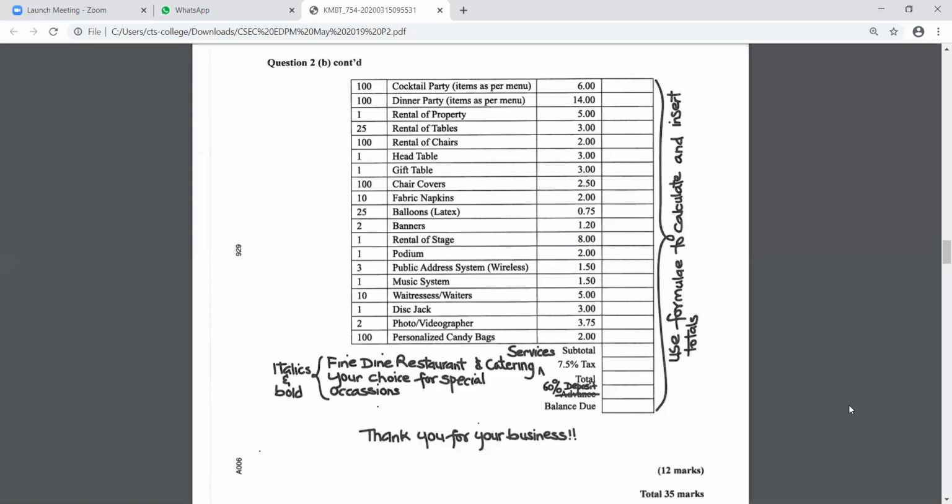So now the examiner is asking you to total all of the totals on the top. Understood that, everybody? So for the subtotal, you can use the AutoSum function in Excel. Yeah, we okay with that?